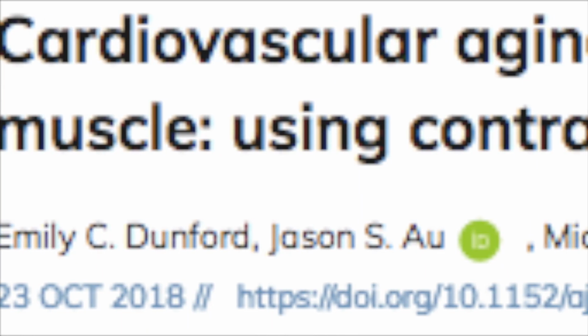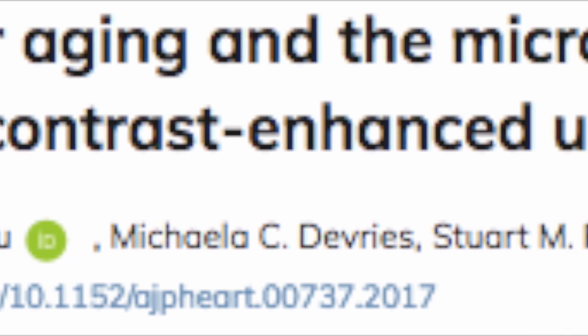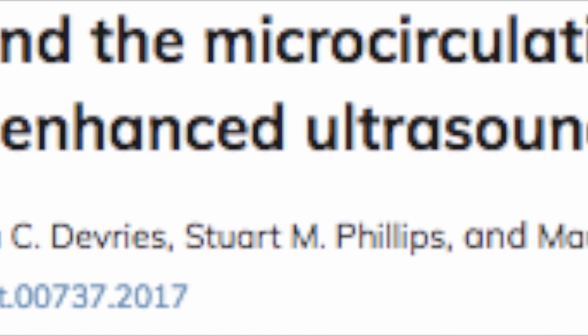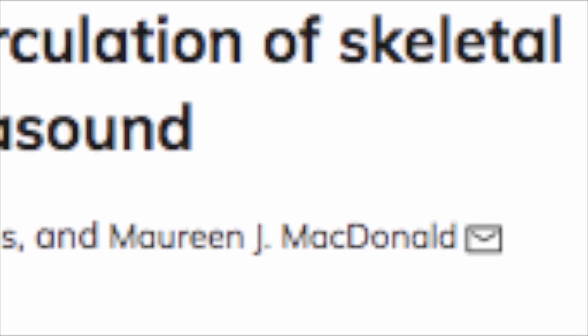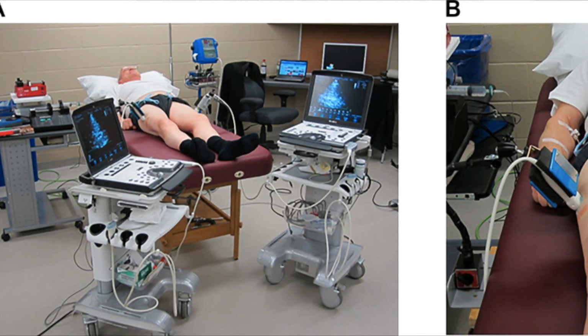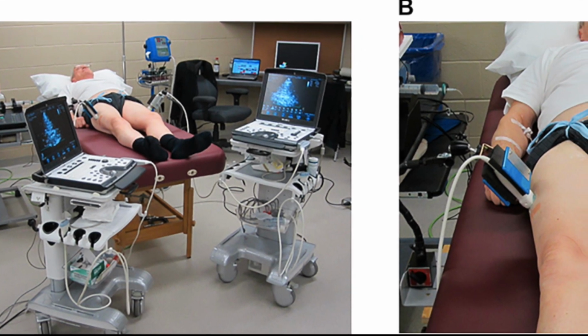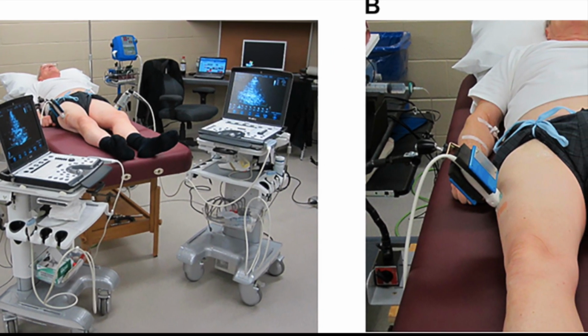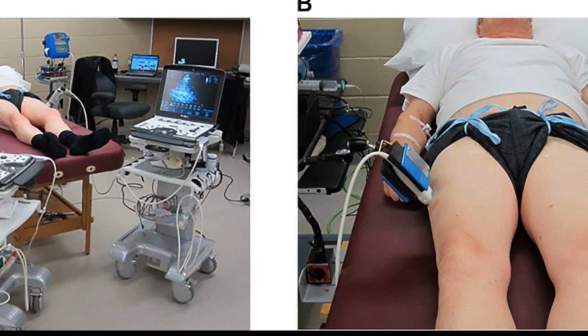In our first review this month, Dunford et al. discuss cardiovascular aging and skeletal muscle microcirculation. They focus on the use of contrast-enhanced ultrasound, or CEUS, as a promising non-invasive technique that has been used for diagnostic medicine and more recently as a complementary research modality to investigate the response of the microcirculation in insulin resistance,